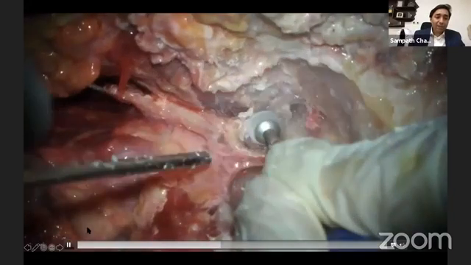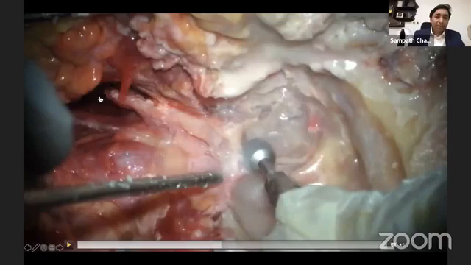Now remember that just medial to the styloid process will be the external carotid artery, the terminal branch of which gets into the parotid. So the external carotid artery getting into the parotid will just be medial. So don't be too aggressive in this, and I have learned it by error. If you use cautery, you may nick the external carotid artery. Nothing happens, I mean, it's the external, not the internal carotid artery, but make sure that you do not go too far. Hug the styloid, be safe, remove all the muscles, push the muscles down, isolate the entire styloid process, and now drill whatever is left of the tympanic bone.